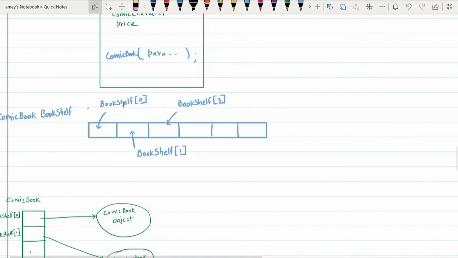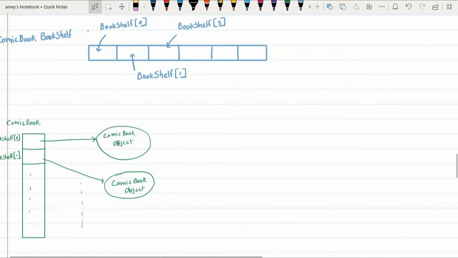Bookshelf of 0, the 0th element in that array, will be the reference name pointing to the first comic book object. Bookshelf of 1 will be the reference name pointing to the second comic book object. Similarly, bookshelf of 2 will be a reference name pointing to the third comic book object and so on.